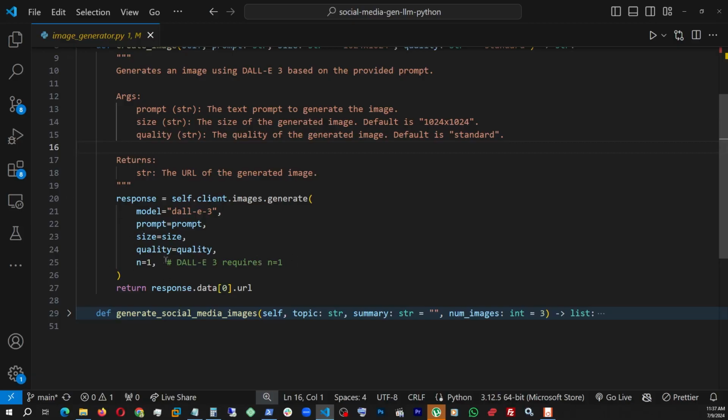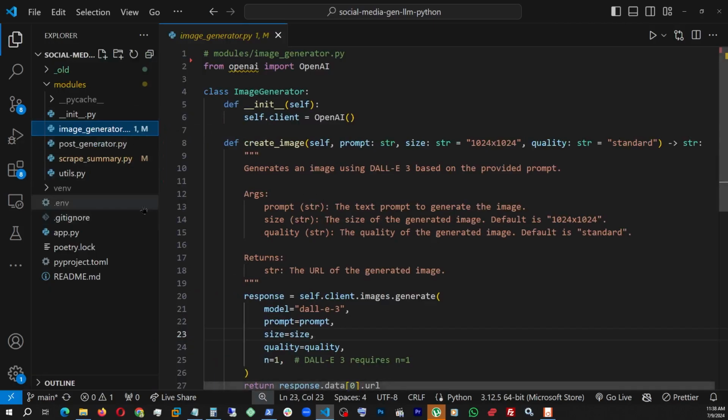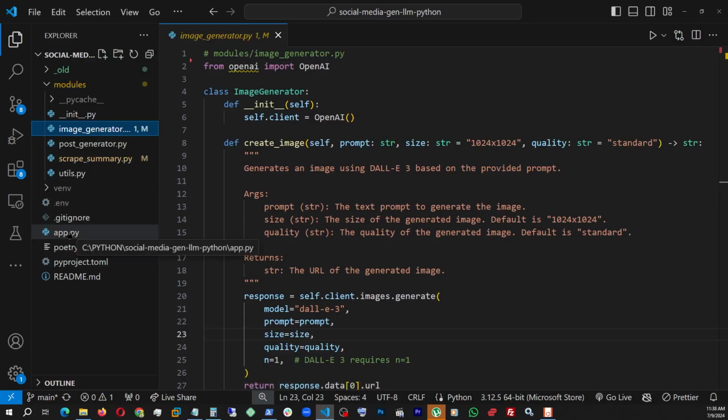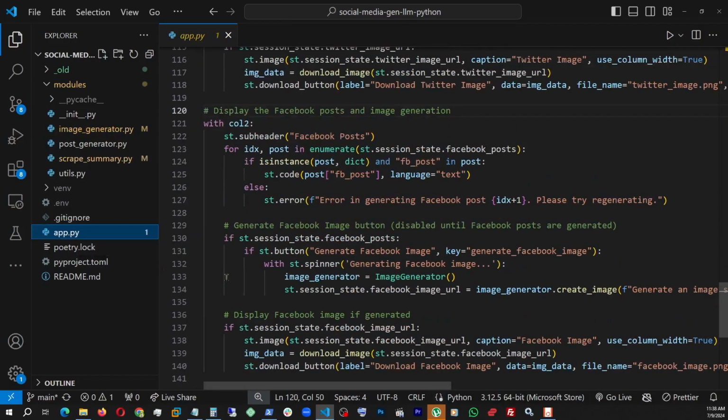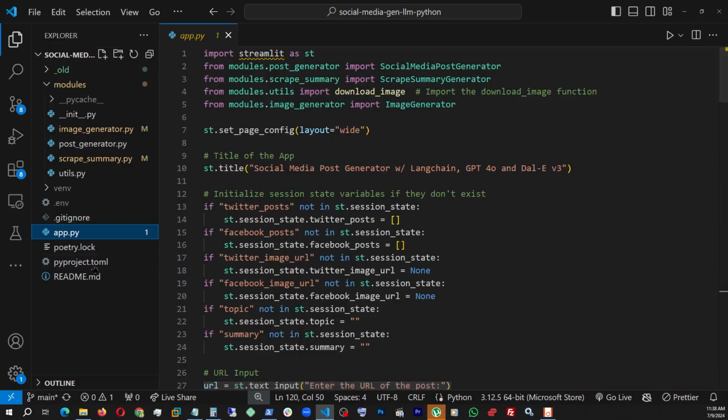It must be n1. So once that is generated, we're just returning the image URL. And one thing to remember, that prompt, we were sending just a prompt, right? So now let's go check out our main file. This is where the UI/UX is created, the Streamlit functions. Now that we know all our modules and helper functions, this is what's building our application